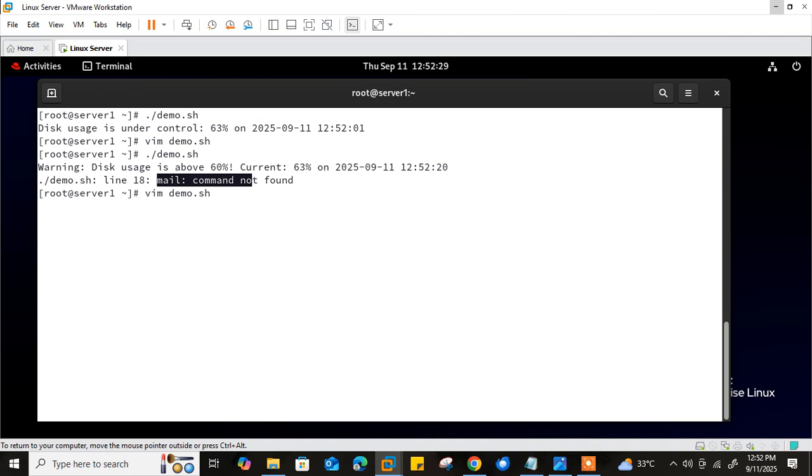But yes, if it is there, you will trigger the message, right? This is how you can use it. Let's go to one more project, which is